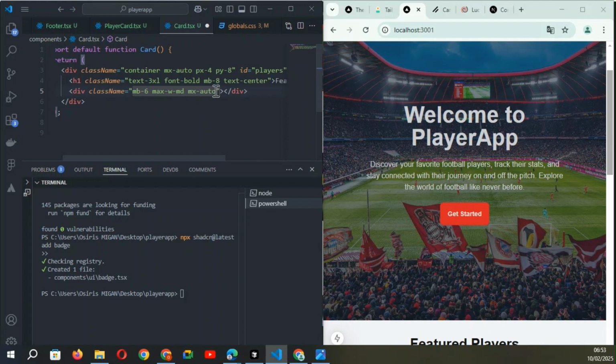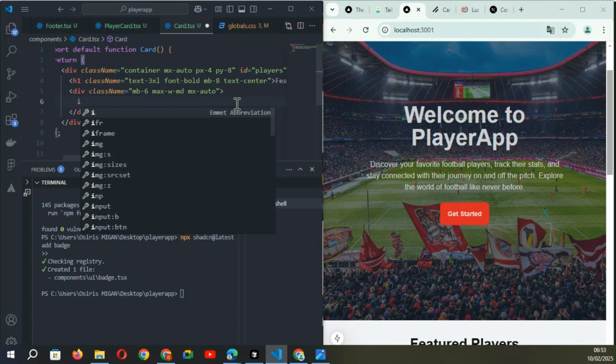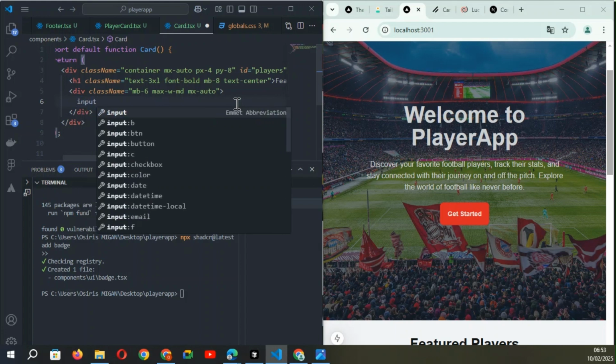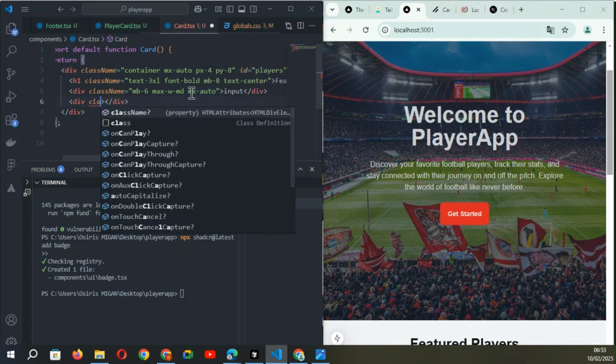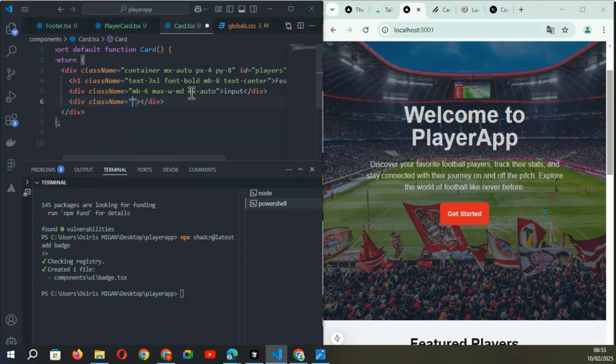So now I add just input. We will modify after. Now div, to place my cards, to display my cards. Class name